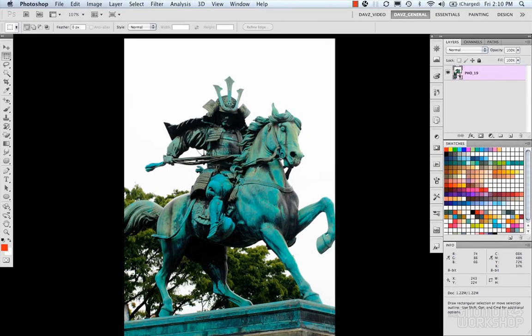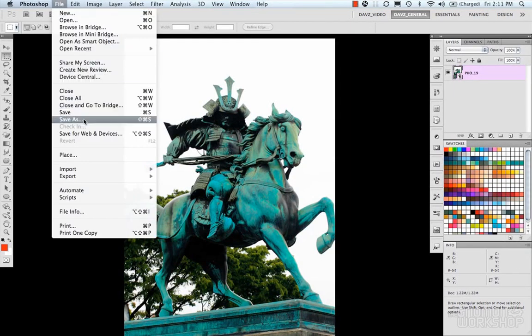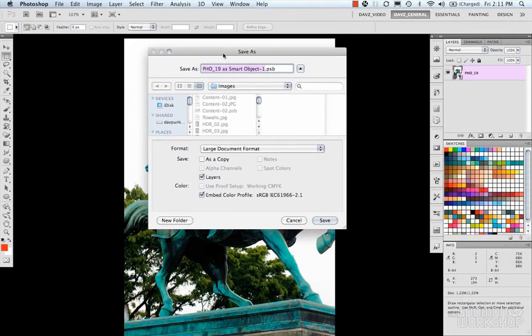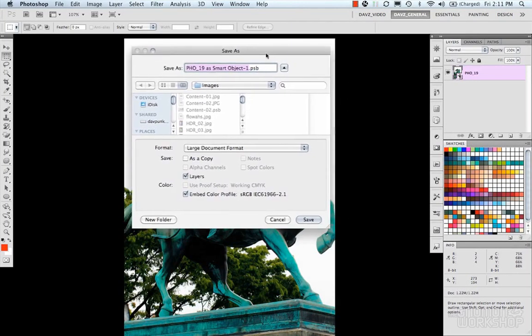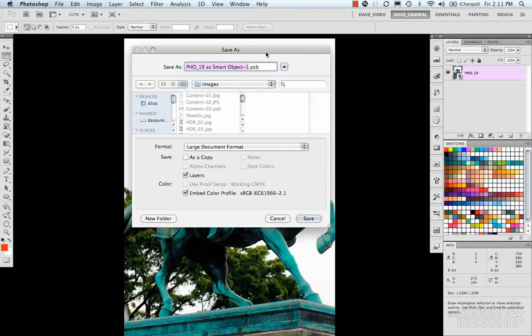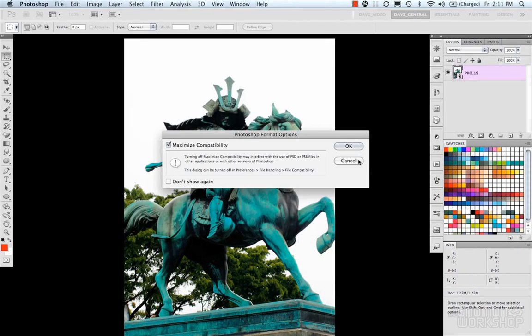Now once you import your image, or place your image, or do an Open as Smart Object, you're going to have to save it. So when you do File, Save, you're going to see that Photoshop is saying Fo19 as Smart Object 1.psb. Now PSB is sort of a large format Photoshop file. It's kind of an Adobe file too, but it also contains data that is just specific to Photoshop. Like, it's not only for large format stuff, it also contains things for smart objects and smart filters and some other things that are specific to Photoshop. So we'll just go ahead and hit save here,